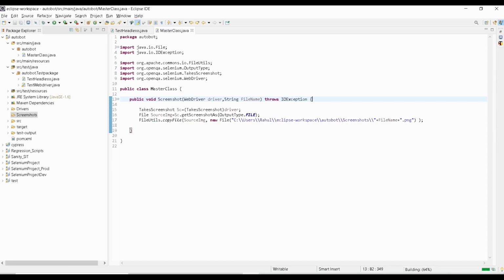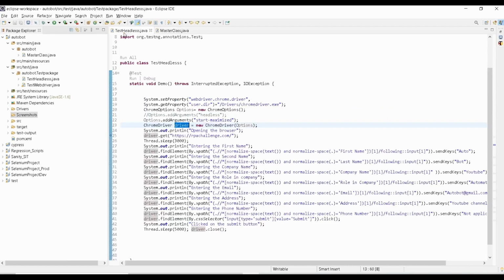So that's it. And so currently we created a method inside this master class called screenshot, and we are passing the driver instance from our test case to this particular function, and we are passing the file name. Okay, so inside your test case we have to do the same. Okay, so you will have to import your master class over there in your test, as well as you will have to pass that driver which you are creating, and you will have to pass a file name. Okay, so if you pass it there, it will take the screenshot of that particular screen and it will save it over there.